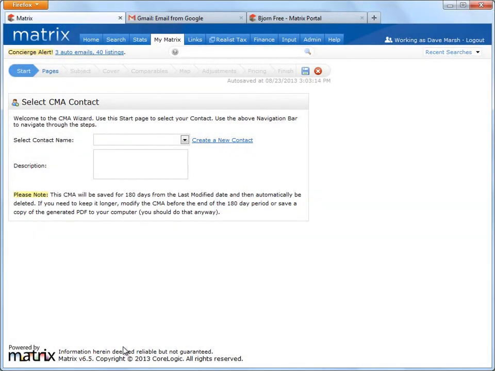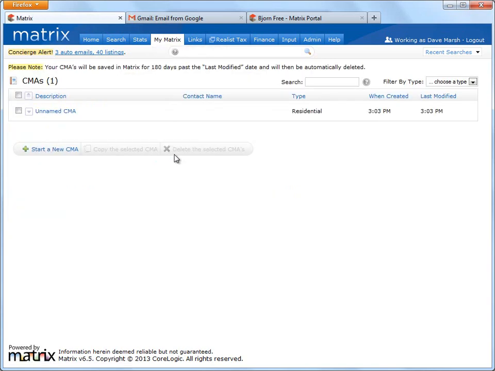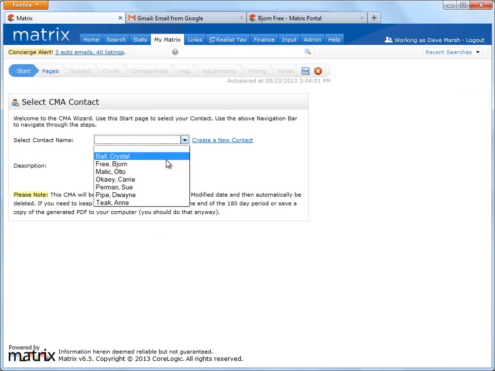Alright, the second method of creating a CMA is by starting one from scratch. And to do this, I'm going to hover over the My Matrix tab, and then select My CMAs from the drop-down menu. And this takes us to the same CMA wizard that we just saw, except this time, nothing has been added, so we'll need to complete each step. Let's begin by clicking on the Start a New CMA button, and from here, select who we're creating the CMA for. We can also add an optional description if we'd like,